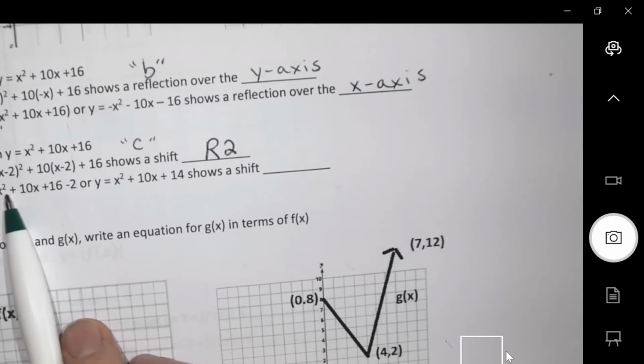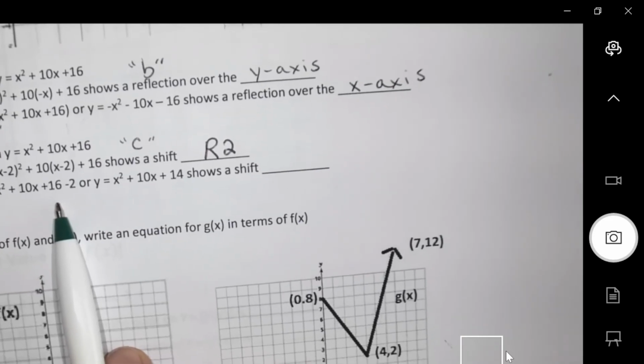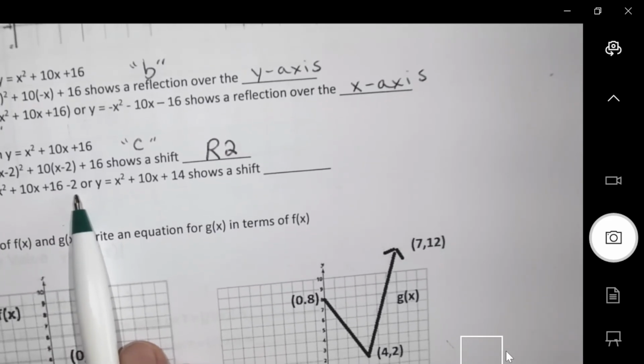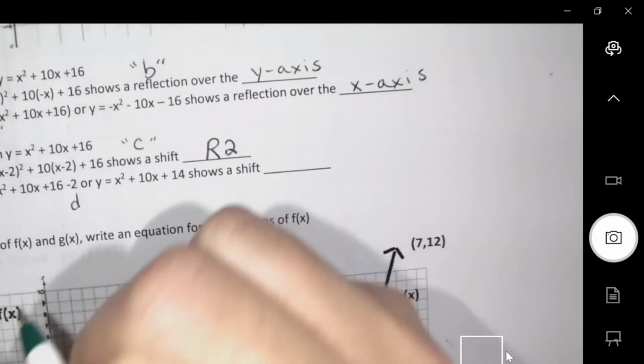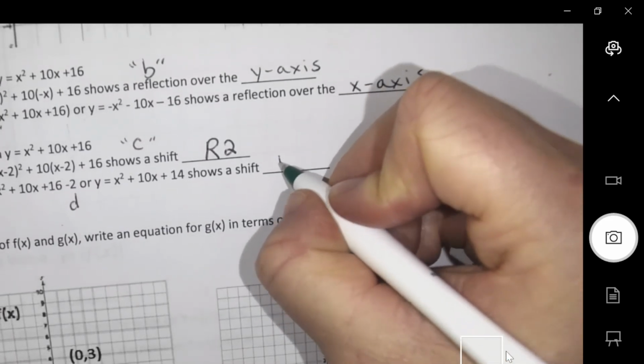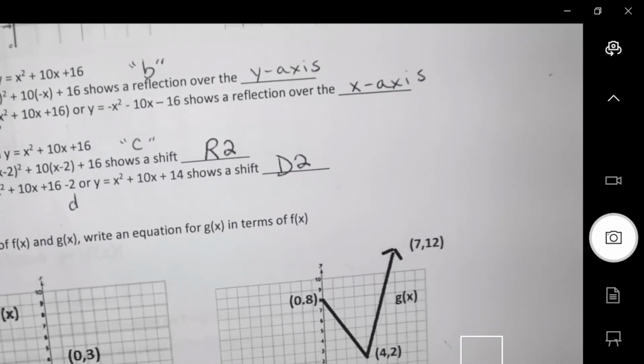Now, so there was a subtract 2 in that. This also has a subtract 2, but I just had the function subtract 2. So which letter would I be doing in that one? The function minus 2. So that means I put a D into it, which means it will move down 2. Okay, so on page 6, you're going to run into some format like that. So think about, is it applying to the whole function, or is it applying to the x part of the function? That will tell you the difference between A or